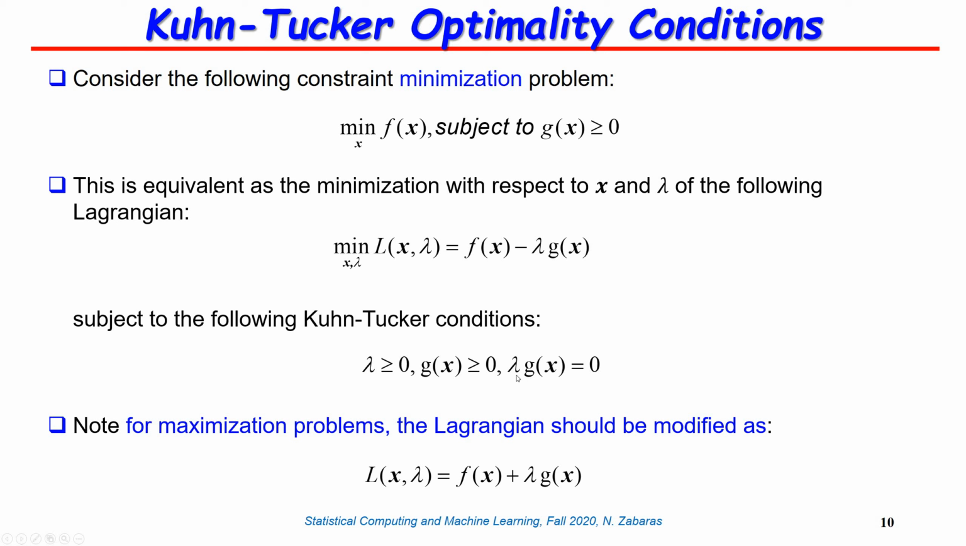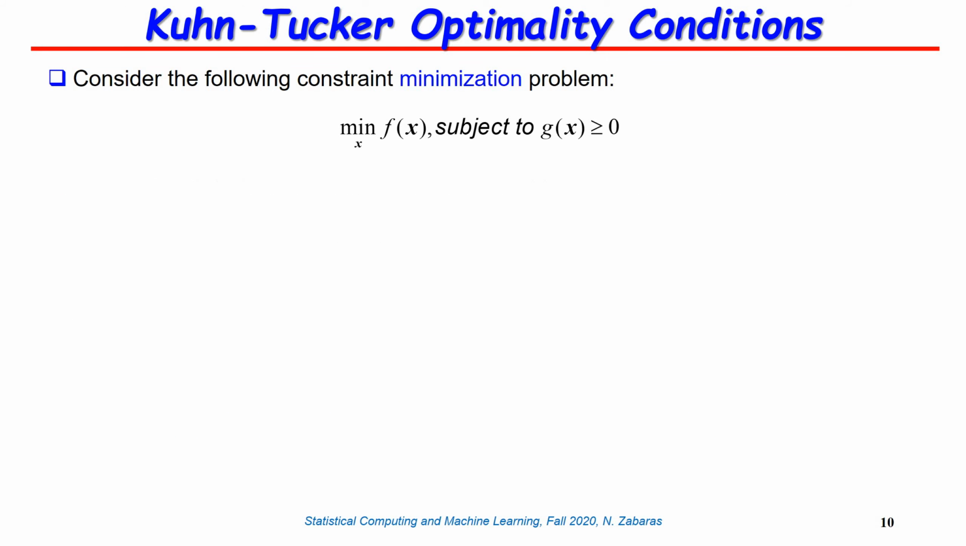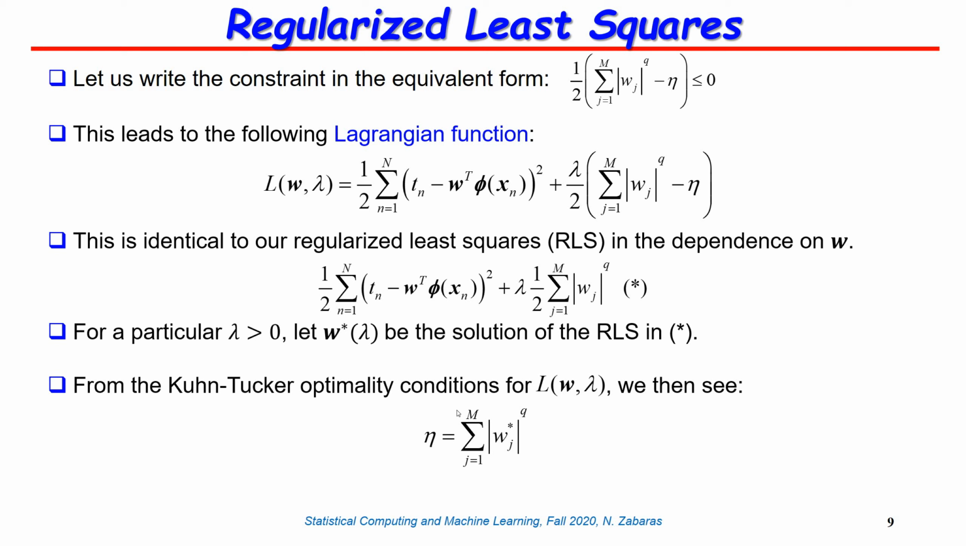So either the Lagrange multiplier is 0, or you are on the boundary of your constraint, g of x equal to 0. And in our case, lambda is greater than 0, because this is how we control overfitting. So the constraint g of x has to be equal to 0. And that's how, if I can go back to this slide, this is why this constraint has to be equal to 0. And then it turns out that this value of theta that we used in the previous slide